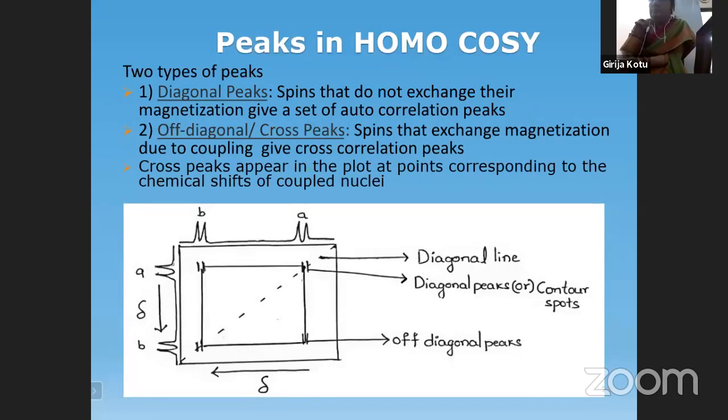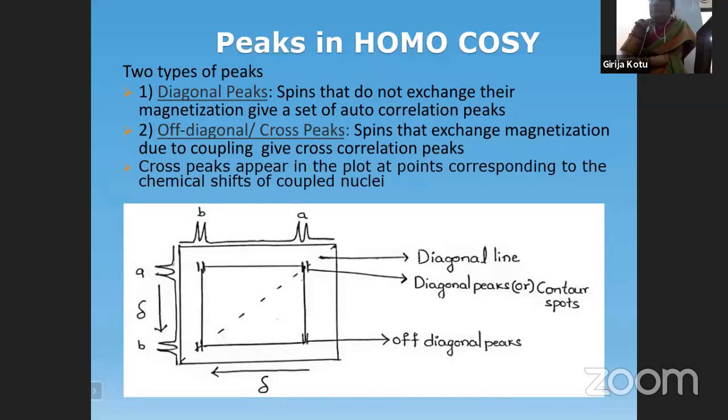And these cross peaks, what do they signify? They are the connectivity links between the two protons, B and A. For example, there are two protons in a particular molecule. B will couple with A and A will couple with B. So you are going to see a doublet for B and a doublet for A. I have shown the conventional NMR on the top x-axis and on the left y-axis. So B is a doublet, A is a doublet, the coupling information. That is the conventional NMR. But here we are trying to represent the COSY in the matrix, inside the box.